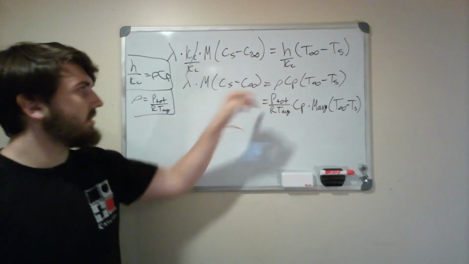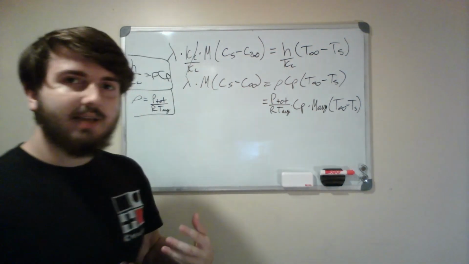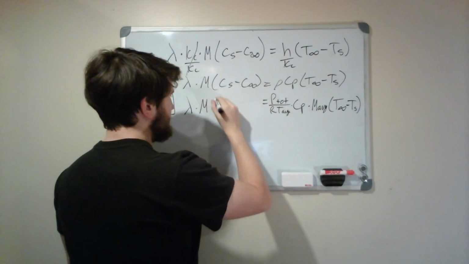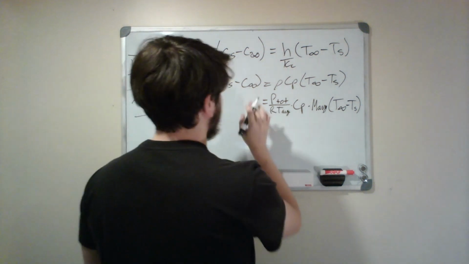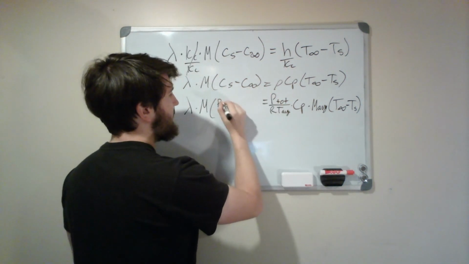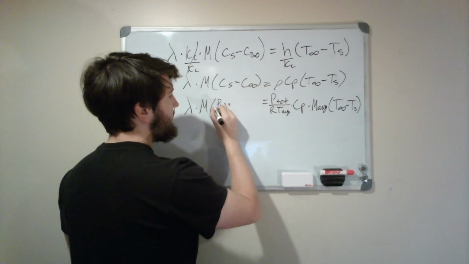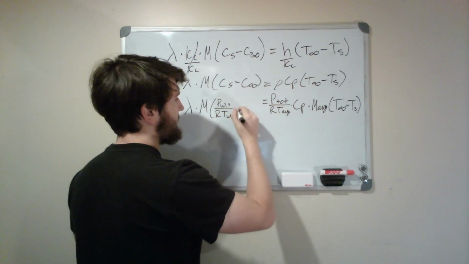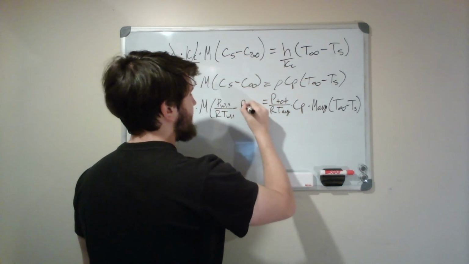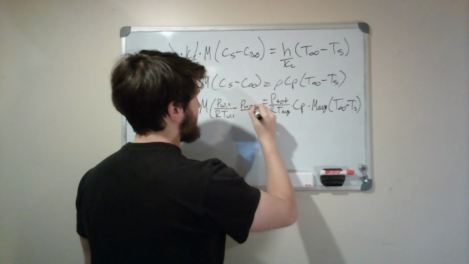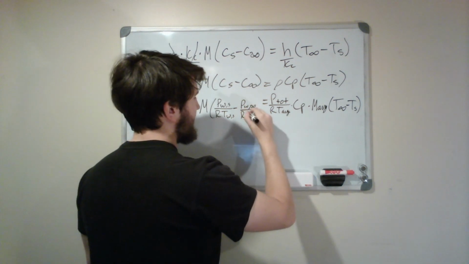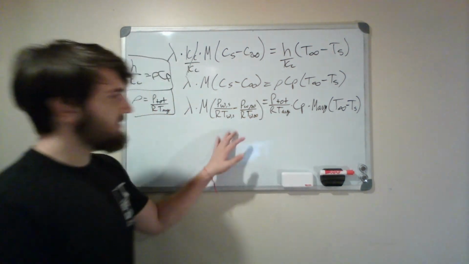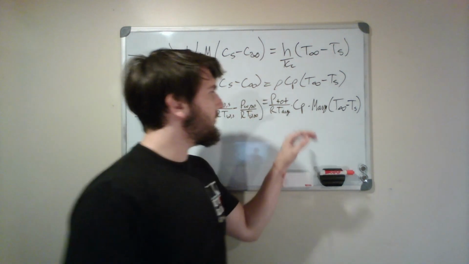We're going to use these concentrations here, and we're just going to write those as the partial pressures. We're keeping these two values here though. So the way we're going to write it the same way here, except this is the pressure of water from the surface over that universal gas constant times the temperature of the water from the surface minus the pressure of the water away from the surface over that universal gas constant times the temperature of the water away from the surface. So that gives us the partial pressures that we can work with,